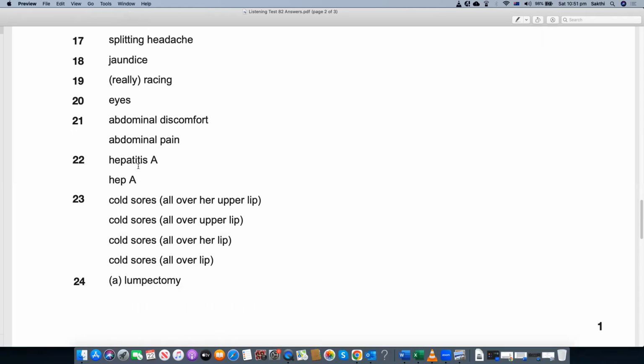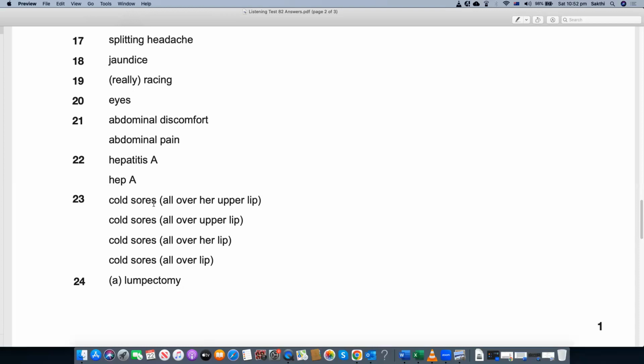For question number 22, hepatitis A or Hep A, both of them are correct. I will tell you one reason why Hep A is also correct, because this is a medical acronym. So you don't need to expand the medical acronym in part A of the listening. Okay. Now, question number